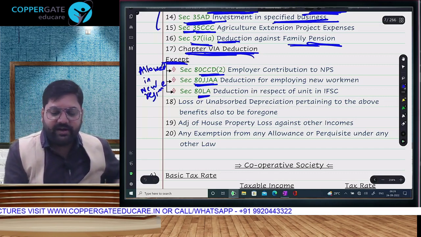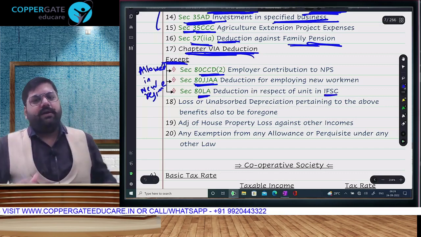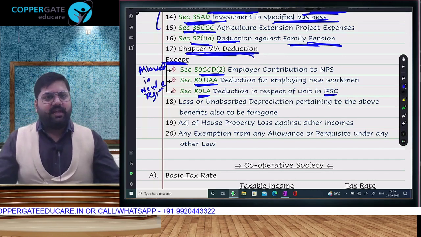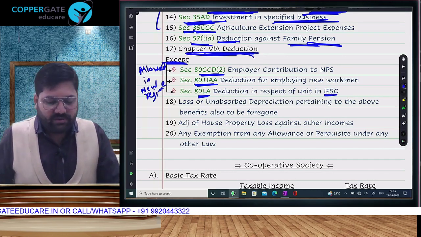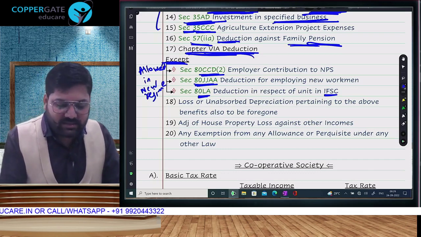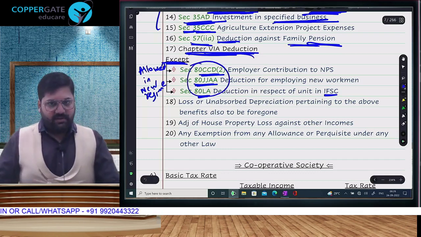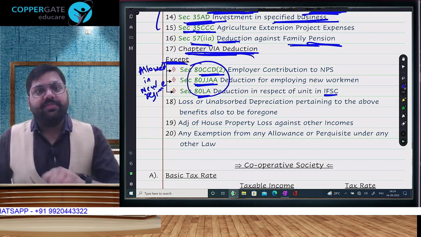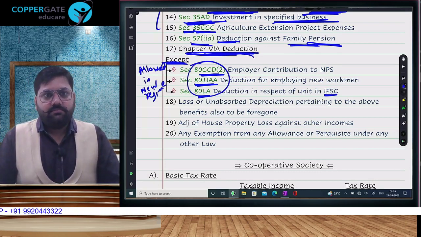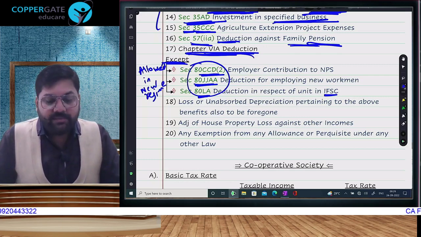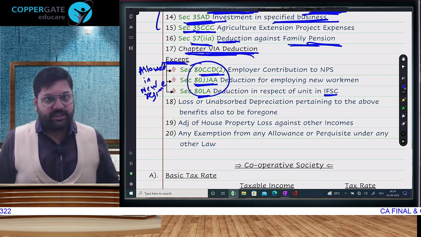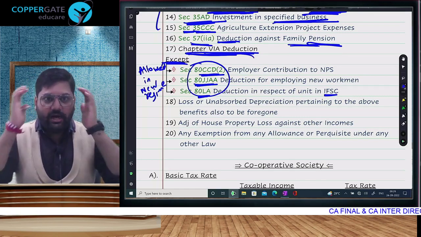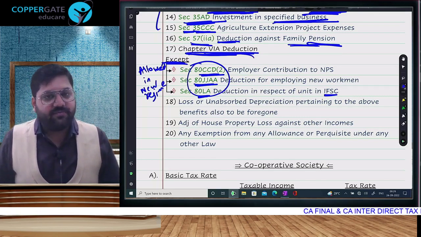And there is something called 80LA on India, on something called International Financial Services Center, IFSC. This will be taught to you somewhere. Right now you understand this, that the 3 sections given here are deductions which will be allowed in the new regime. All other deductions, 80C, 80D, 80G,